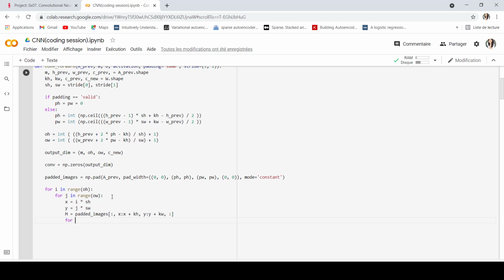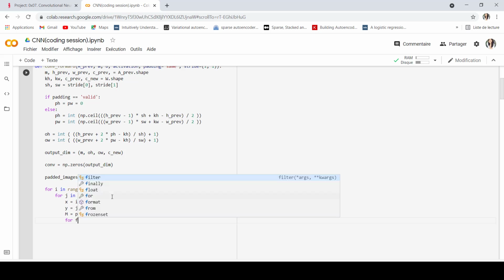Now I'm going to loop over the features. Let's call it f as feature or k as kernel. So for f in range nC, this is the number of features.